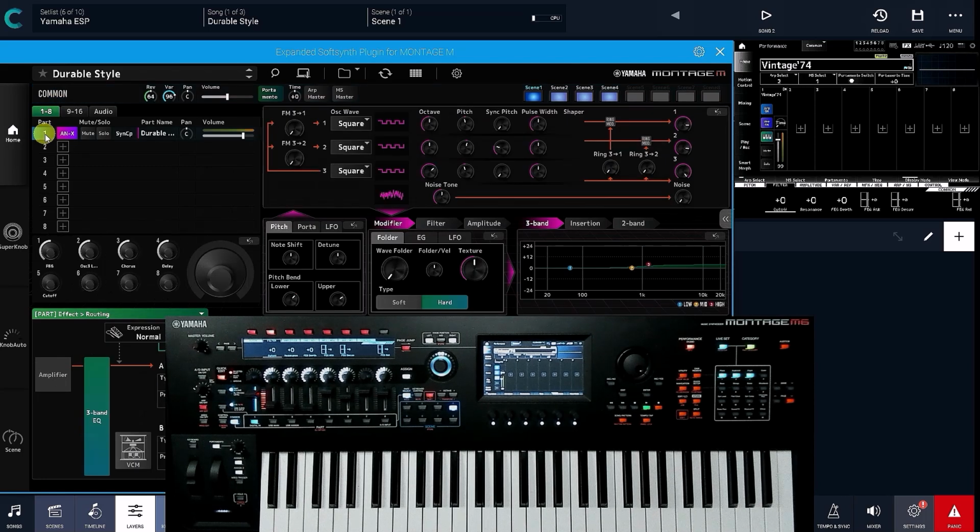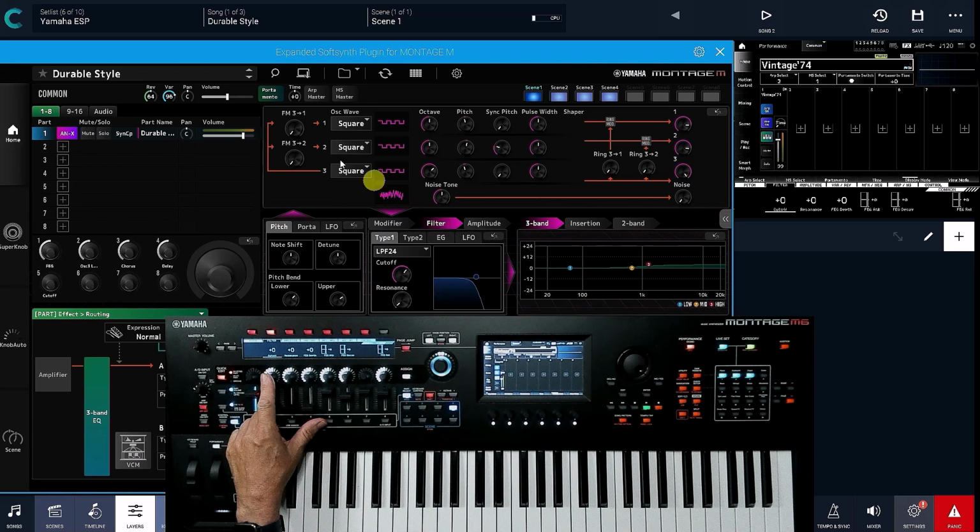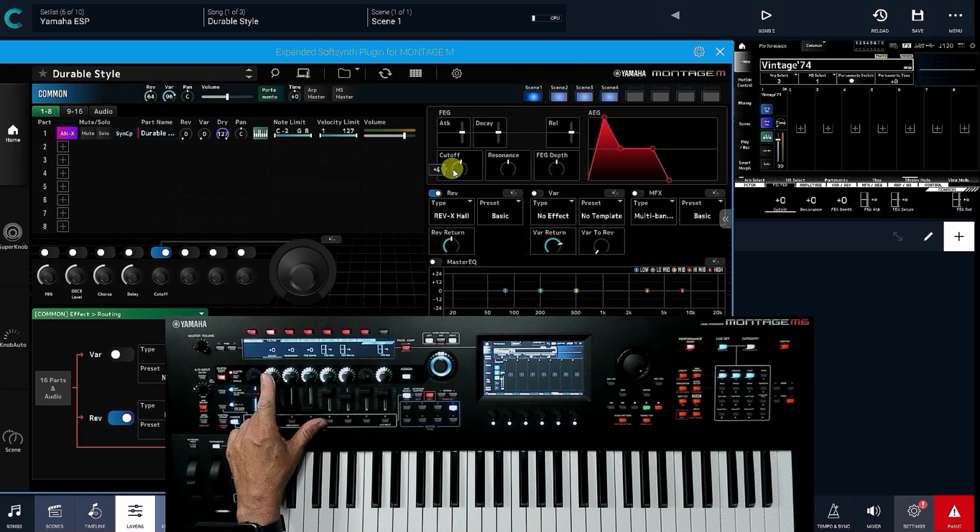I'm not going to go through it all again, but what's important to understand is that, whether at common or part level, if I go to ESP here, on my filter, on my cutoff, even if I'm set to common level, look at the one I moved earlier. There's nothing happening on my Montage M, it's not moving. It's not bidirectional. ESP doesn't send what you edit directly back to Montage M, even if you set the same performance. ESP works completely independently. If we're really talking in terms of an editor, which does live control of your synthesizer, ESP is not an editor.